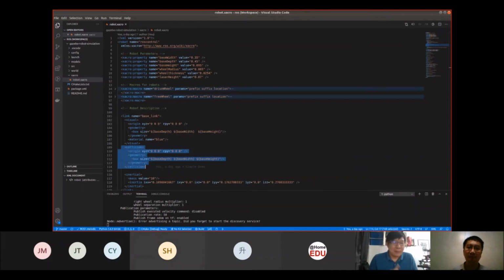Maybe I can share with you on this, because all the files that I get, for example the laser model over here, are actually all in STL. So I actually use a website converter, STL to DAE. It's a free online converter.